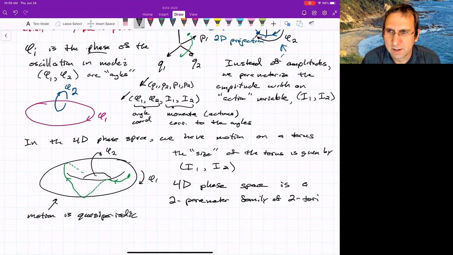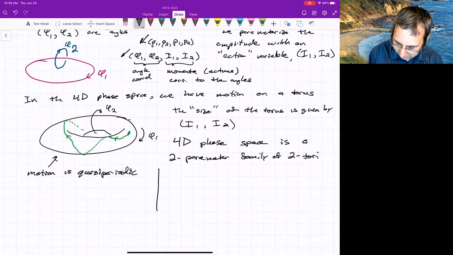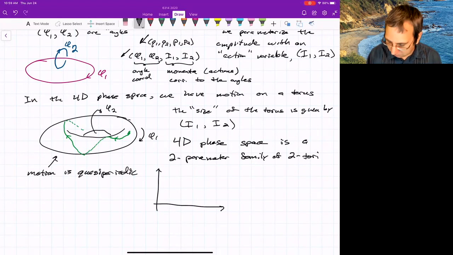So if you took my nonlinear dynamics class and I discussed motion on a torus, the motion on a torus is generally quasiperiodic, meaning there's not one period, there's in general two. So this might be familiar: if you were to do a Fourier transform of the motion, you would have two peaks, one at omega 1 and one at omega 2. So a spectrogram